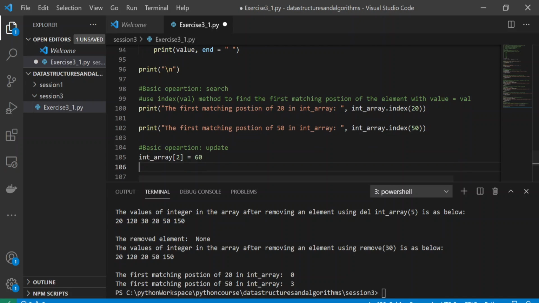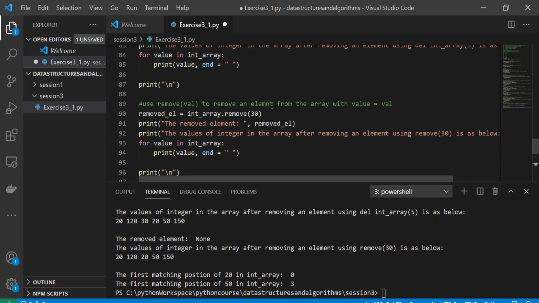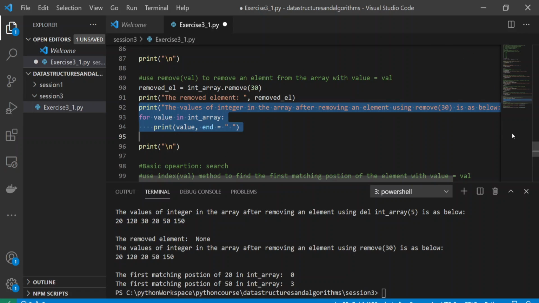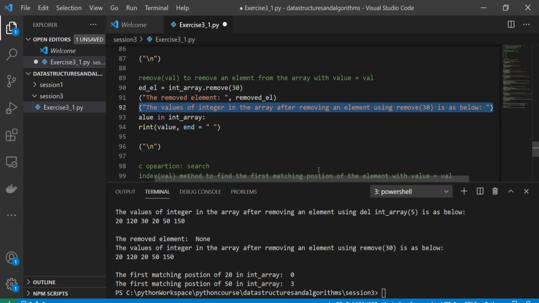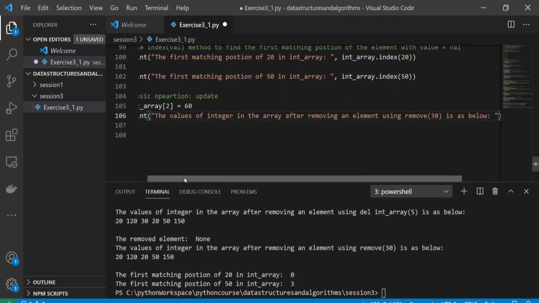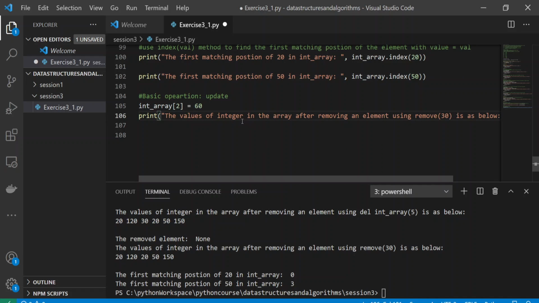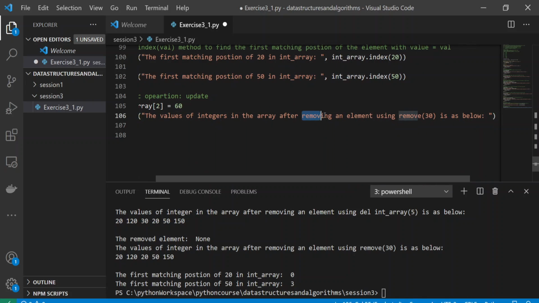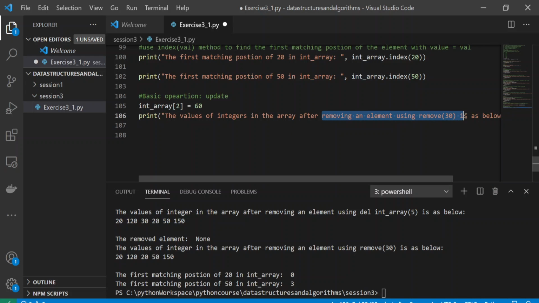Okay. So the value of the integers in the array after updating